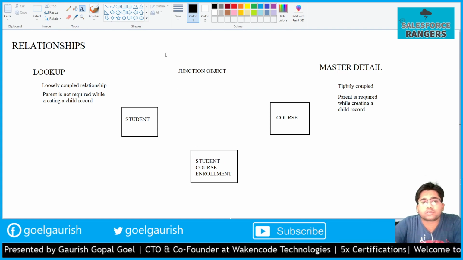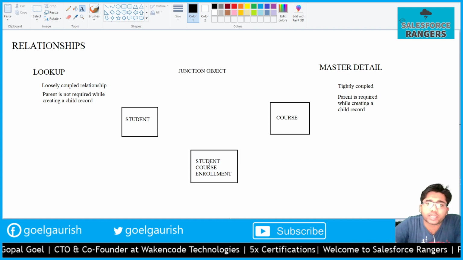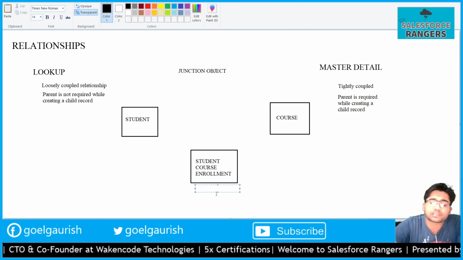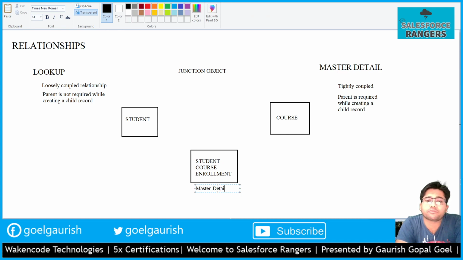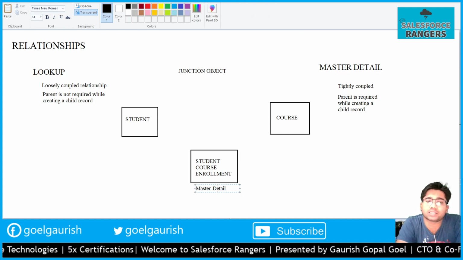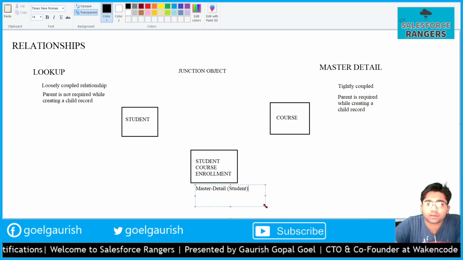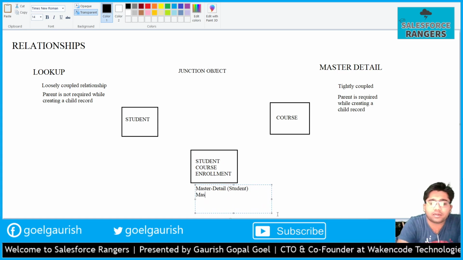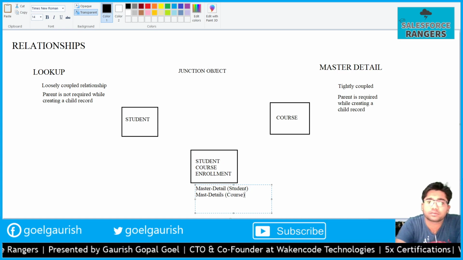Now, in order to make it a junction object, I will have to create two fields on this object, and both the fields will be of master detail type, master detail to student object and master detail type of field to course object,